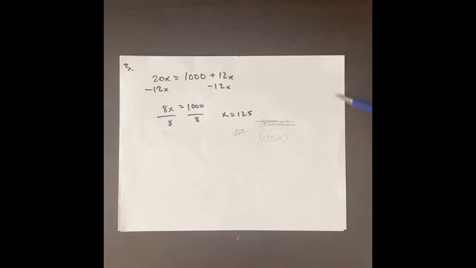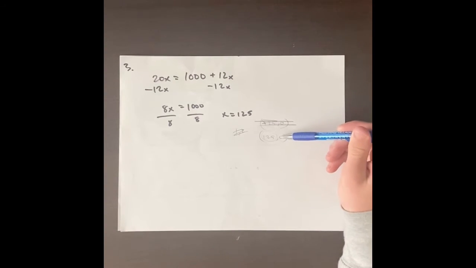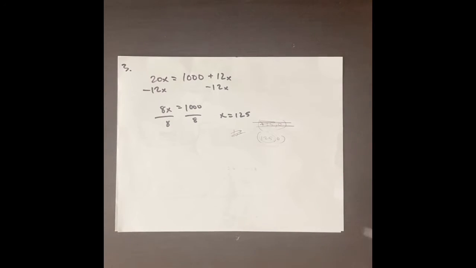Bringing it back to number three, I explained that the y value 0 is important to the break-even point because at 125 t-shirts, there's going to be $0 made, which is obviously good for us because we're finally breaking even. I explained how the profit functions were related to this, but I didn't explain how